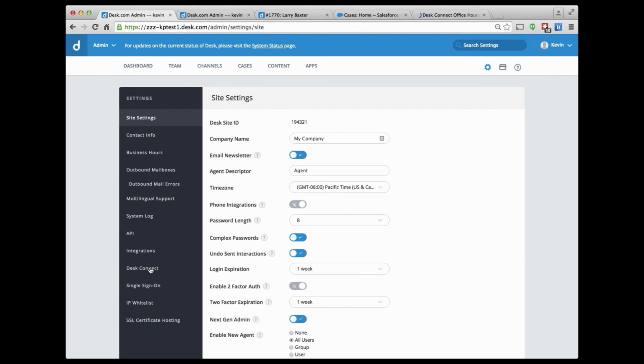If you're a new customer, this Desk Connect option may not show up for you. If it doesn't, please reach out to the support team or your account executive, and we'll get that turned on for you. So to enable Desk Connect, all you need to do is click on Desk Connect,